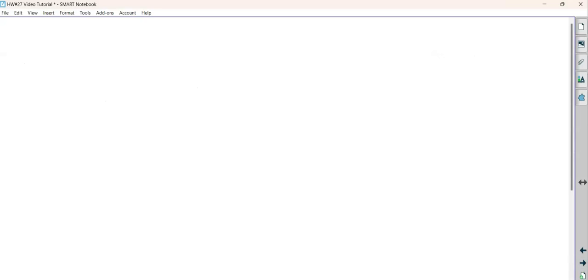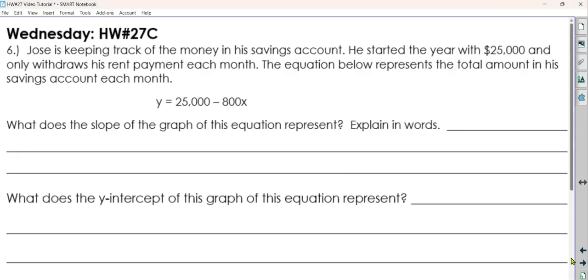Question 6. Jose is keeping track of the money in his savings account. He started the year with $25,000 and only withdraws his rent payment each month. The equation below represents the total amount in his savings account each month. What does the slope of the graph of this equation represent? Well, the slope is this number here, right? The number multiplying x. So the slope represents the $800,